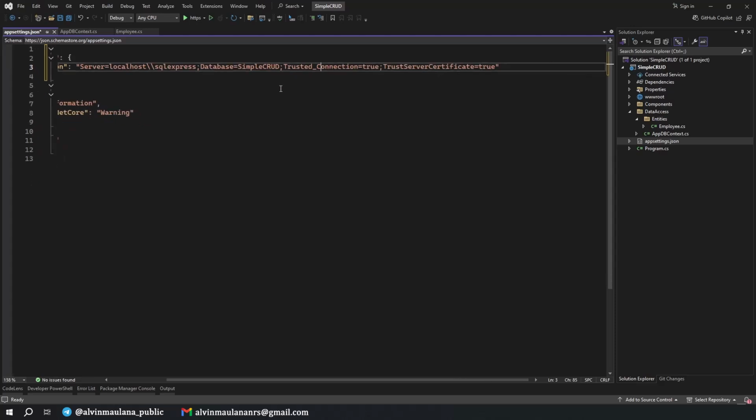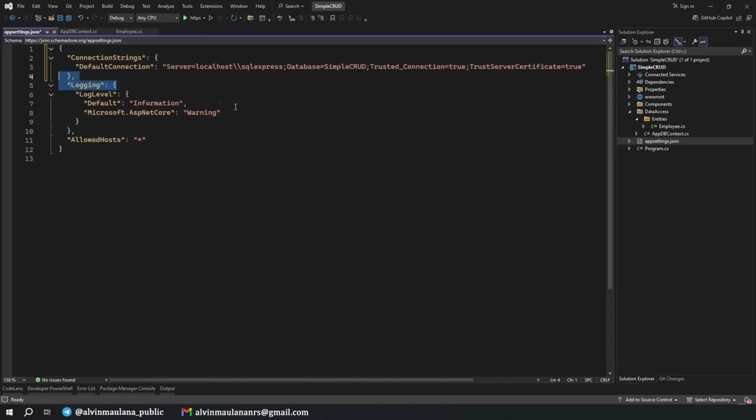Let me see. Okay, this is the address to our SQL server in local, and then this is the database that we want to create. If you still have not created it yet in your database, that's fine. It will automatically create it. But if you already have, that's okay too. And then we save it, and then we can close it.